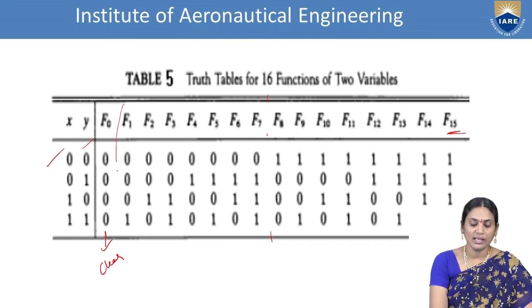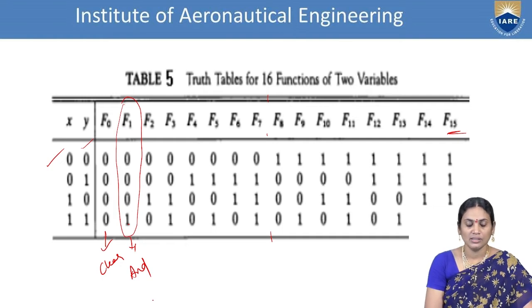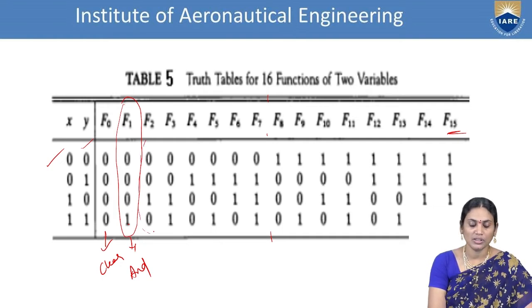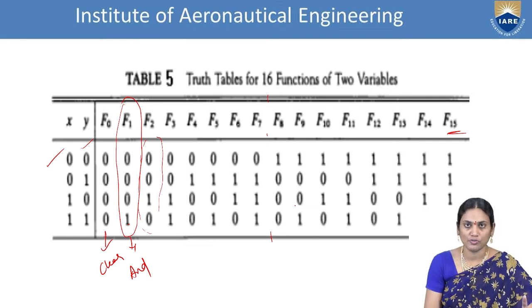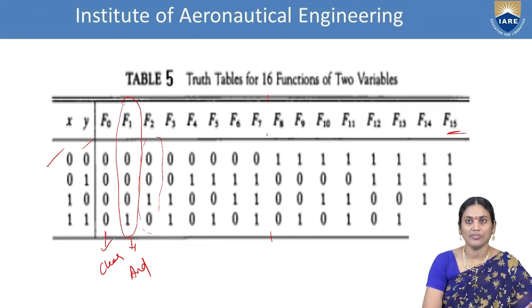If you observe the second case of F1, the output is 1 only if two 1s are available. So this is the AND gate. Similarly, for the third case, we have some other operation. So each function has a unique task to perform the operation. Just to have an example, we have taken this. So here, each task has a unique operation.